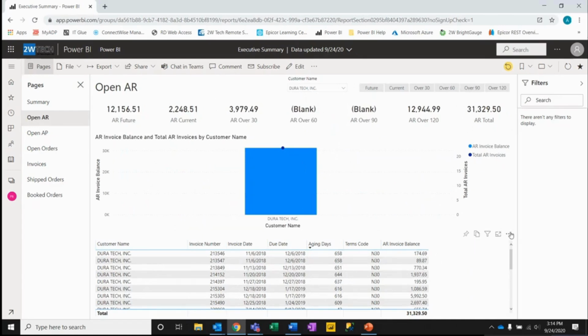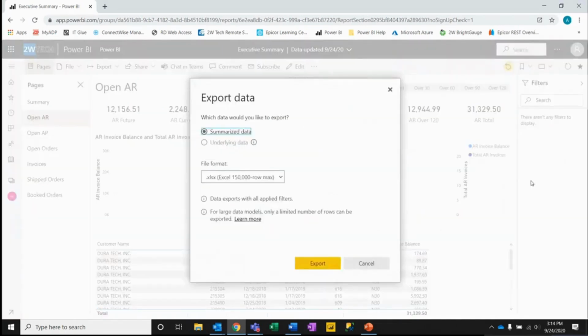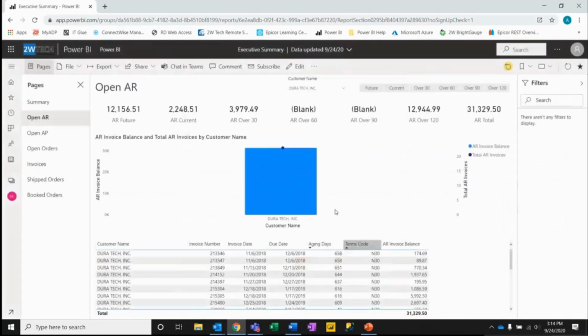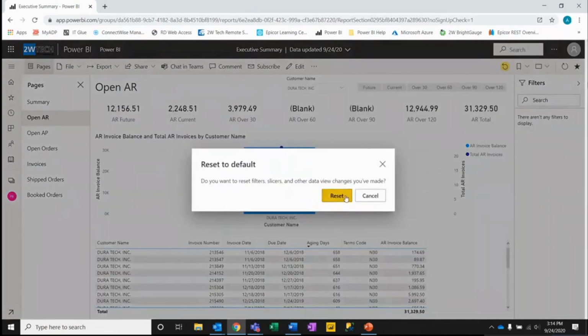And then if you wanted to, you can go to this ellipses on the right-hand side and click into that and go to export data. And you can get that data in Excel. Okay, so now I'm going to reset my filters and move on to the second tab, which is the accounts